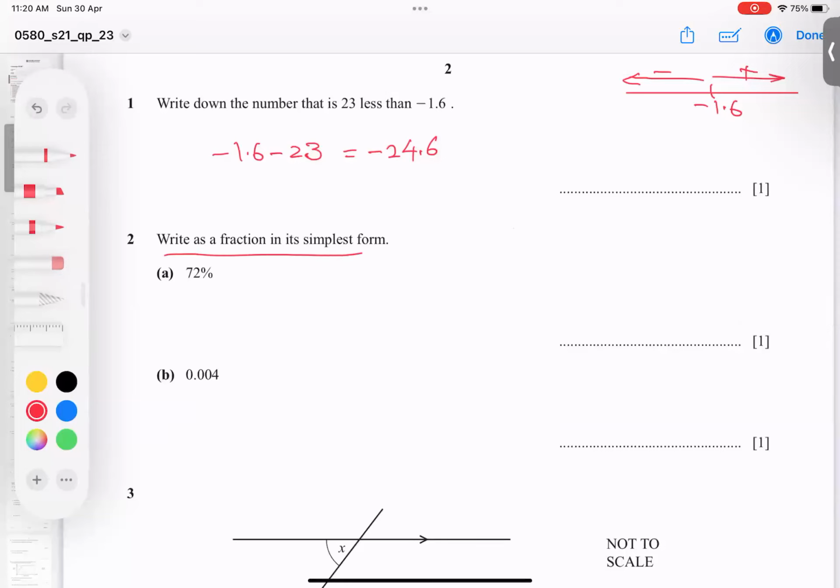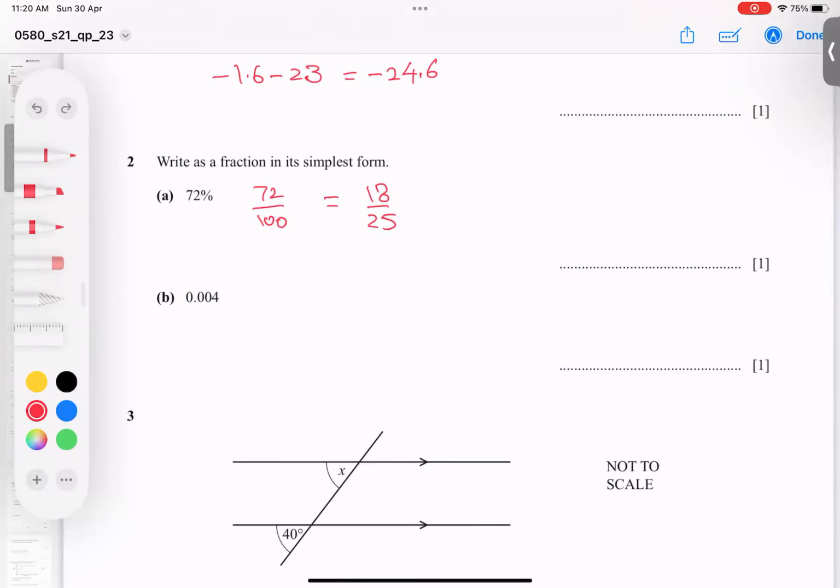Write a fraction in simplest form as a fraction. So first of all, 72, what does a percentage mean? Out of 100. So you can type it in the calculator or use the cancellation process. It is giving us 18 over 25. Okay. And what is 0.04? When you type it in the calculator, maybe it gives you some other form, 4 by